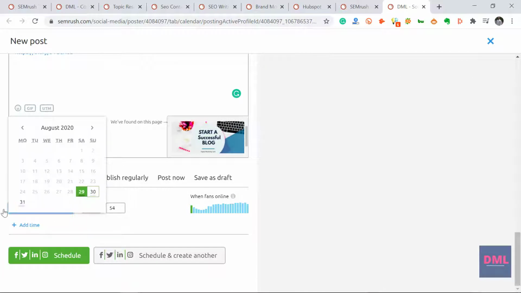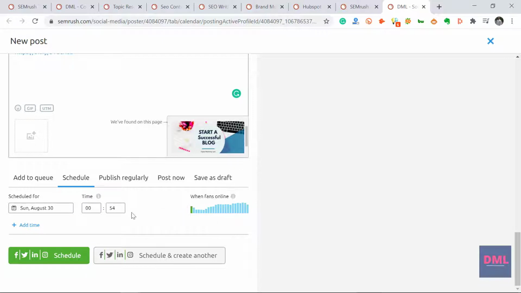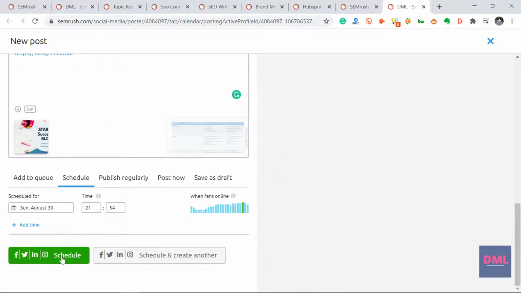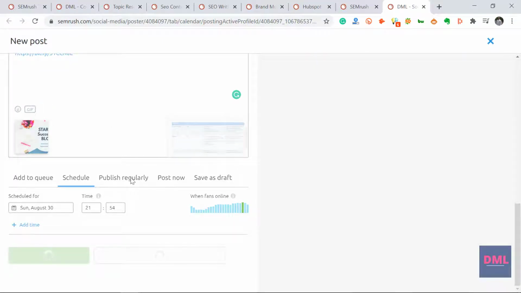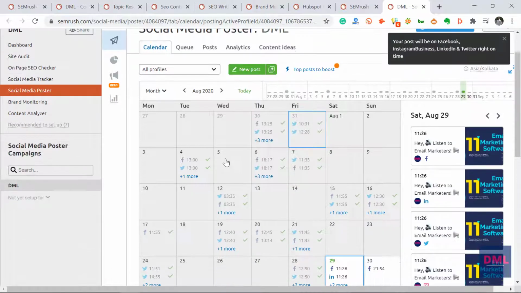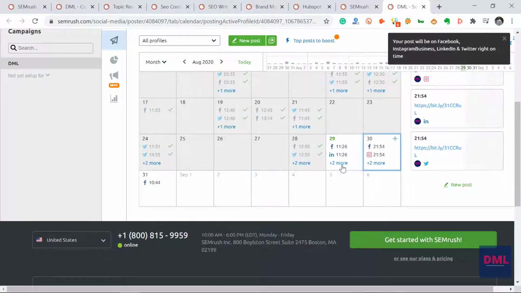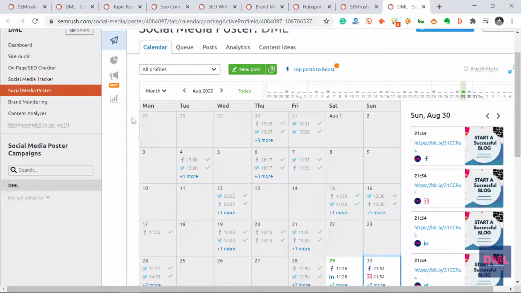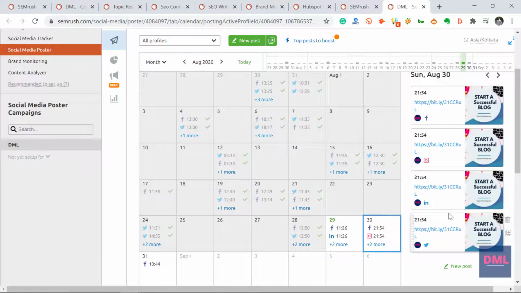I can choose my time. So for example, let's say 30th of August is the date. I can choose the time, but again, there's a good recommendation coming from this tool about when my followers are online. So this is not the right time that I should be posting. I should instead be posting at these times. For example, this is the time that suits my followers, right? So I'll click on this time and I'll click on schedule. That's it, and my post will be scheduled. I can see that I have scheduled my post on 30th of August, and this is the calendar. So I have my post scheduled here.